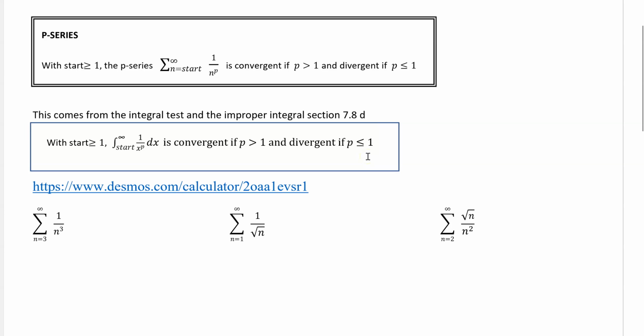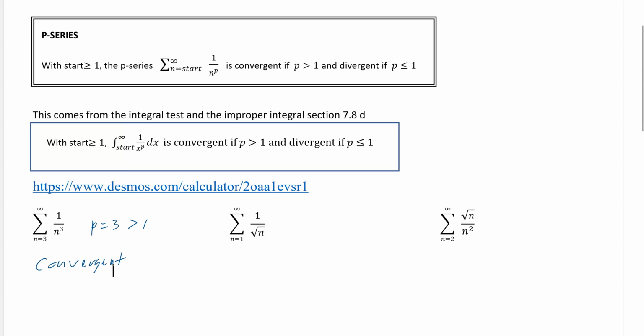It had to do with the integral ending up as a fraction. And so we need our p to be bigger than 1 so that after we take the integral, we end up with a rational expression that will then go to 0 when we take the limit. So all we have to do here is go, okay, well, not n, p equals 3 here, which is greater than 1. So this is